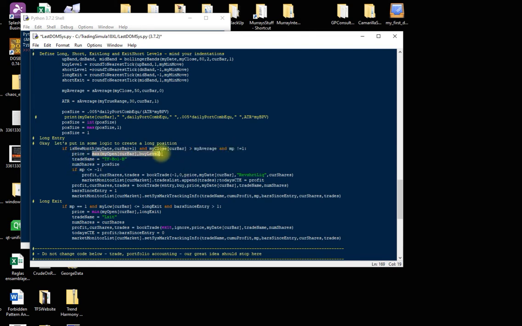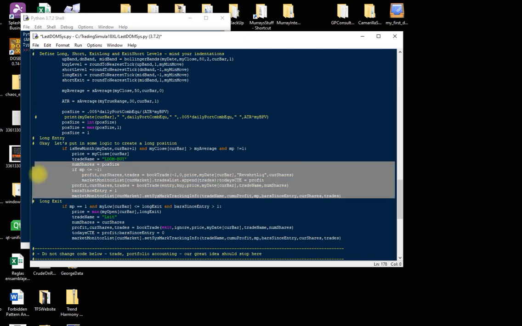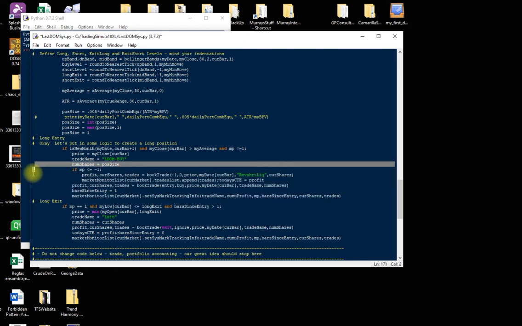So I'm going to reset the price equal to my close of cur bar. Okay. And my trade name is going to just be LDOM buy. Last day of the month buy. Okay. You do not need to touch any of this stuff. This is already pre-programmed for you. If you had a